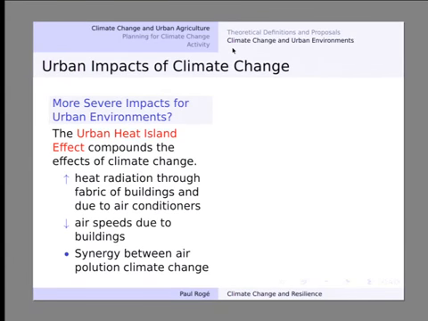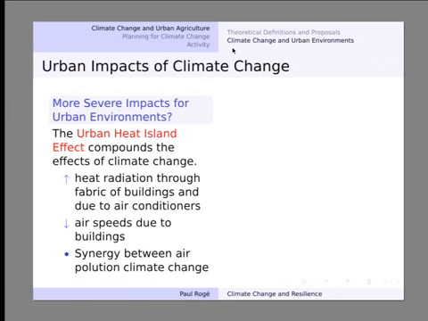And on top of that, speaking now more to the urban setting, the article we read for this week mentioned that urban environments are actually more susceptible or more vulnerable to the impacts of climate change because of a couple of factors. One is, what I thought was very interesting about this article, that they say there's an actual urban heat island effect, which basically means there's reduced airflow through cities because of the physical structure of cities. You end up with a retention of heat in the concrete that is typically used in cities.